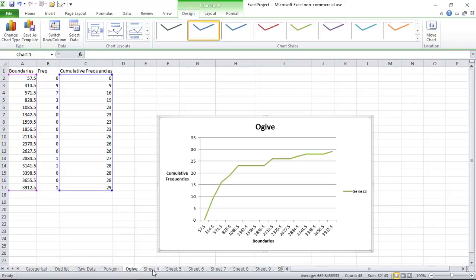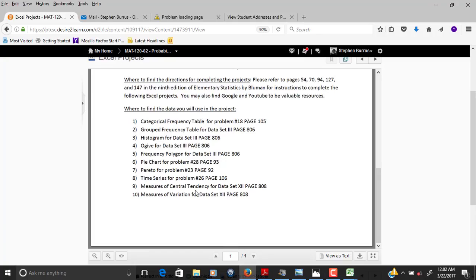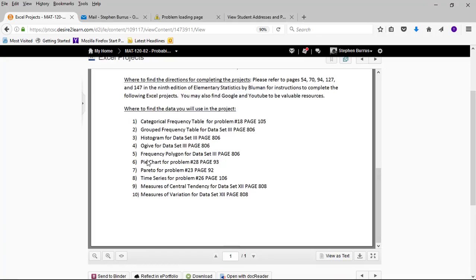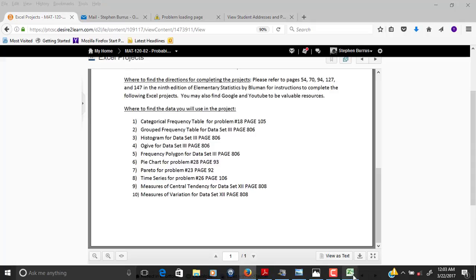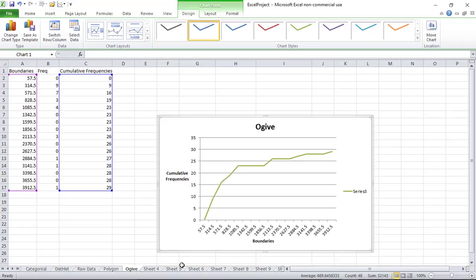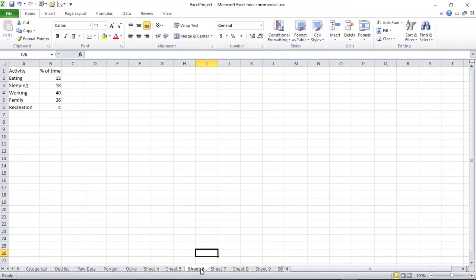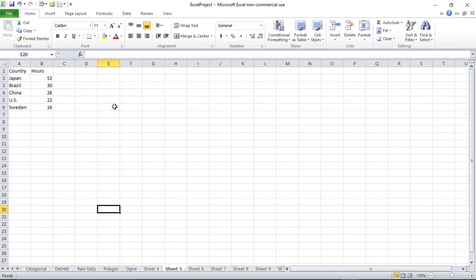For the rest of the Excel project, the next thing is to construct, it says, a pie chart. I'm going to do my Pareto chart first. You can do the Excel project in any order that you wish. You don't have to follow this particular order. And I always like my Pareto chart to go next. So I think that's what I'm going to do. And I've got a